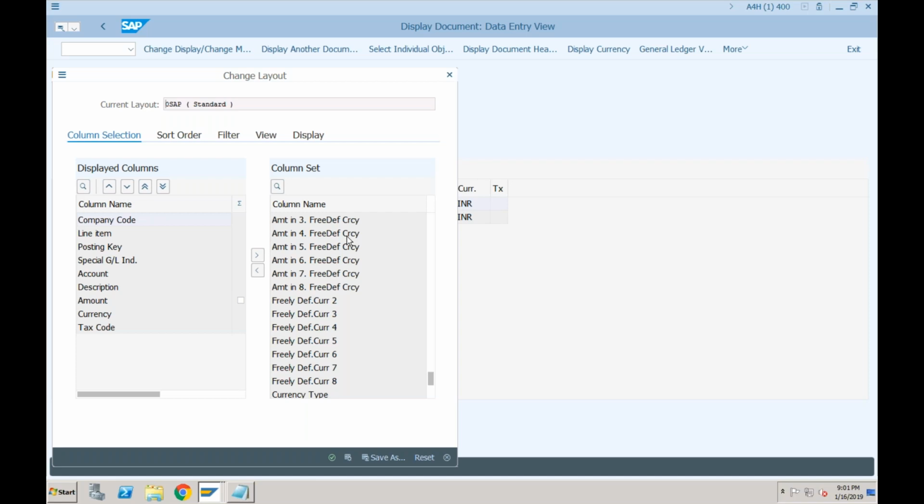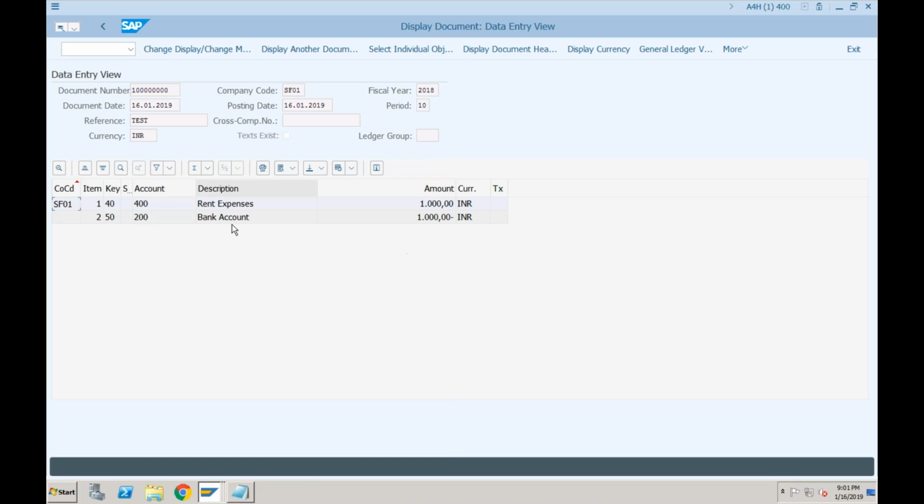If you have defined multiple currencies up to 8 currencies, you'll be able to see the details here. Okay, anyways, we have not activated multiple currencies, so there was only one currency. So you will see it in the table directly. Okay, so that was about currency. You can change the layout as you were doing in SAP ECC.